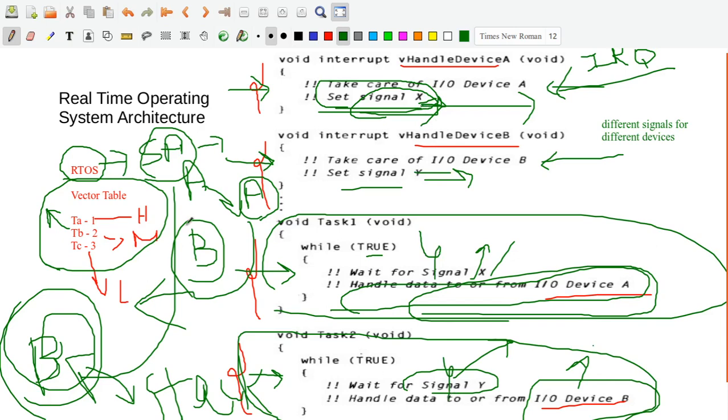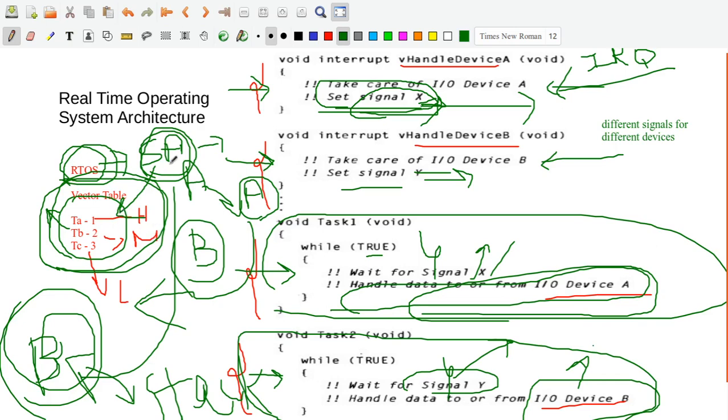Another is that with the help of this real-time operating system, you have different scheduling algorithms, and they look at the vector table to see which task has the priority, and based on that the respective tasks are executed.